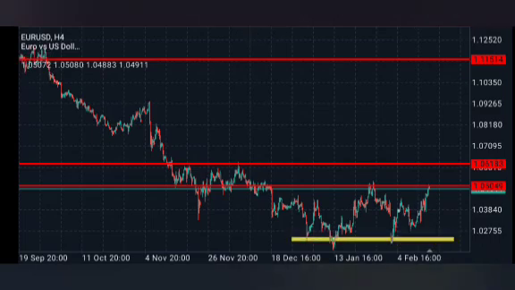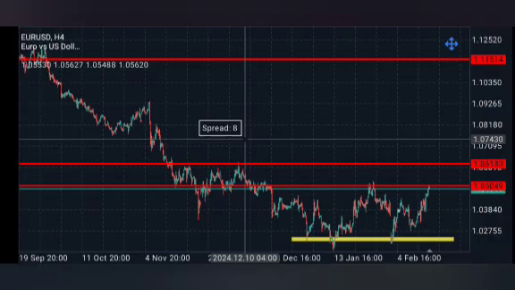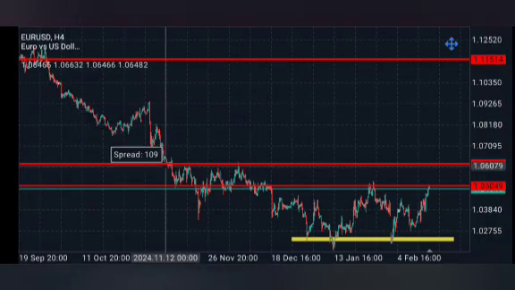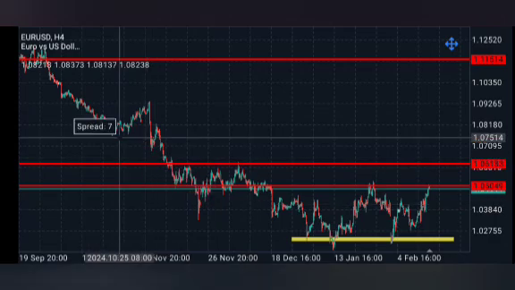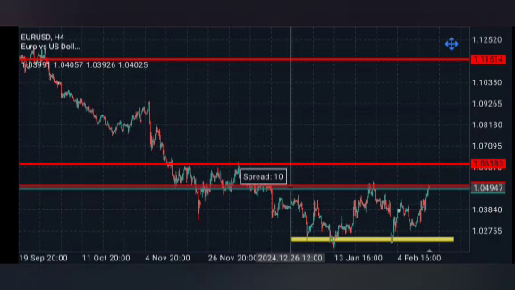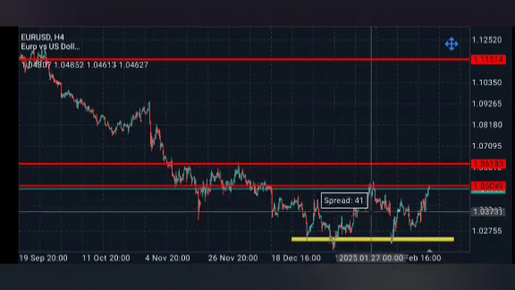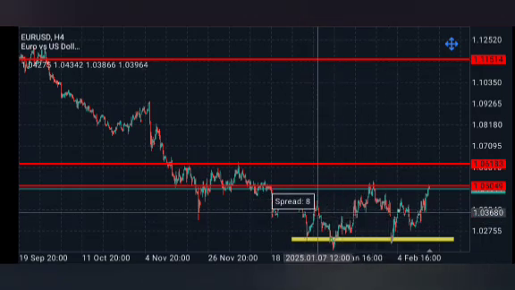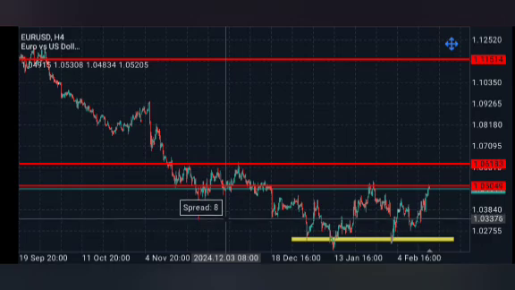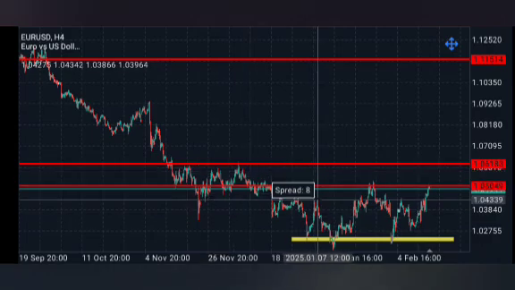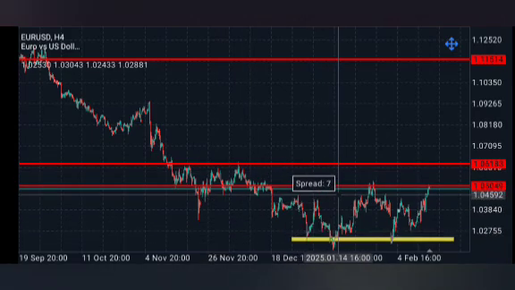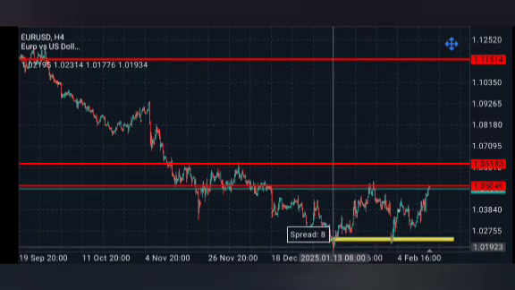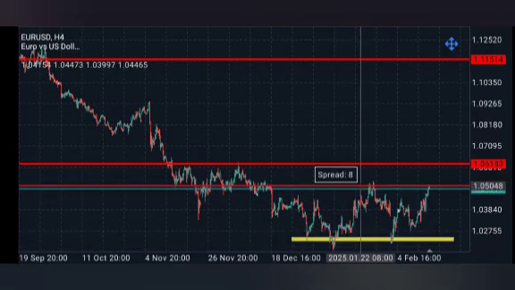But before I even talk about this zone, what is pretty obvious to me is that the market has been in a downtrend for a very long time. As you can see, the market has been forming a series of lower highs and lower lows. Towards the ending of this downtrend, it formed a lower low, a lower high, a lower low, right? Then the market formed a higher high, which is the first indication that the market wants to reverse and start going to the upside.